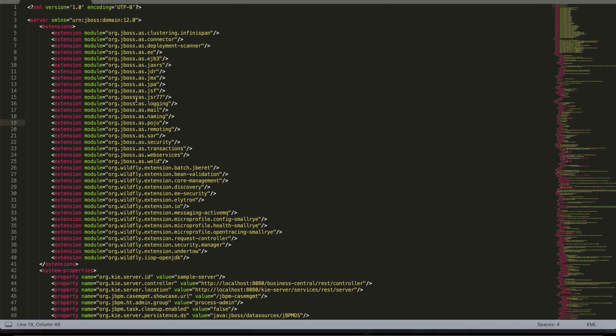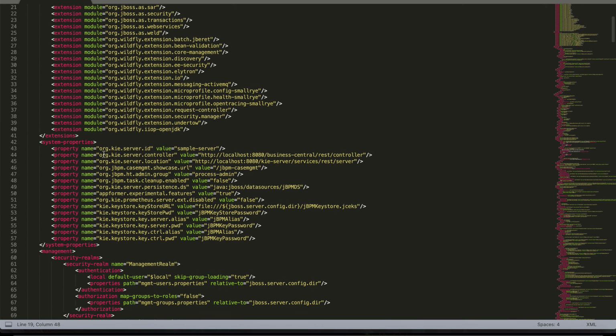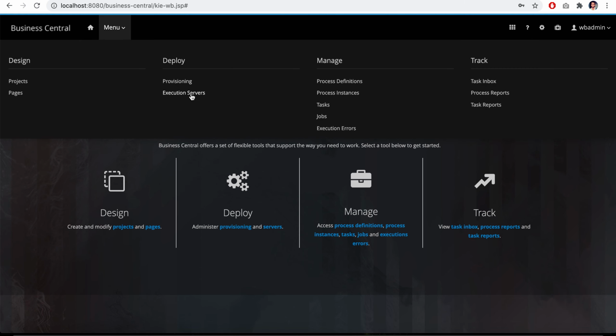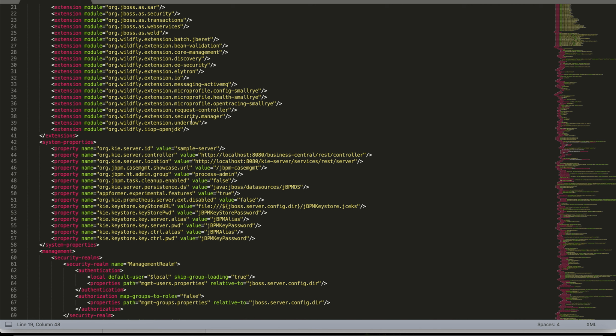You can see the extensions that we used for running the server and the properties of the server. You can see here the server.id, which is sample-server. You might have seen this last time when we were running the execution server. So in the server configuration, you can see the value that is assigned to the server, that is sample-server, and the location of the server.